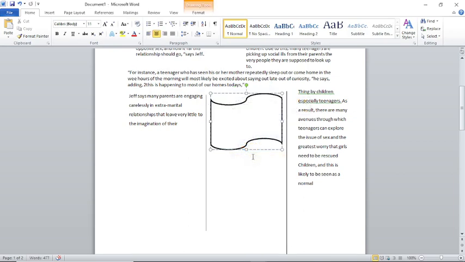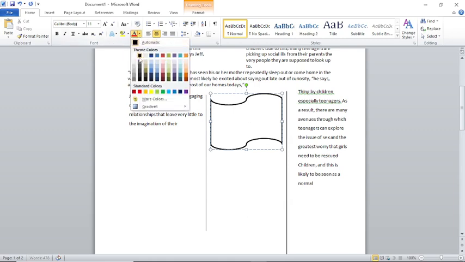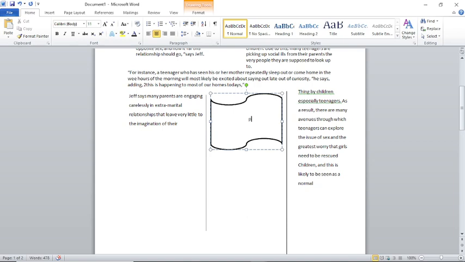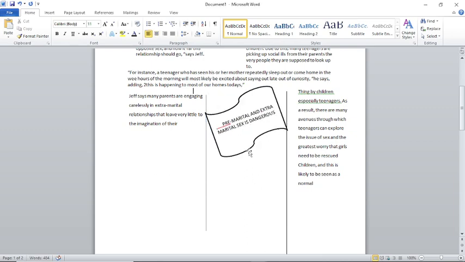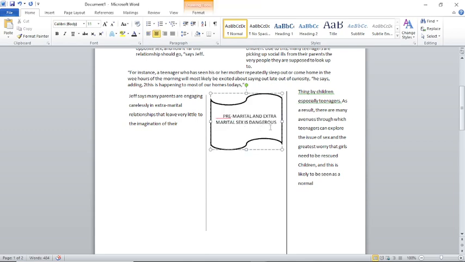Then we need to type the stuff there. Just make our text black. So we have premarital, marital, and extramarital sex is dangerous. There we are. Then from there, but if you look at this text, it's somehow straight, so we have to